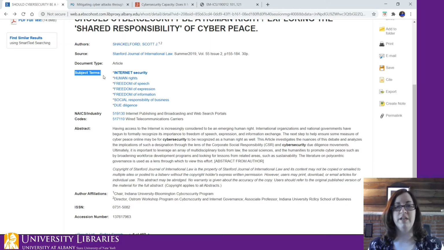Subject terms can be useful to you when you're researching as well. These are terms that are going to pop up repeatedly in other articles that are about the same type of content. So things like internet security, human rights, freedom of speech, these are the examples used in this particular article. But if these are topics that are of interest to you in your research, you can use those to find